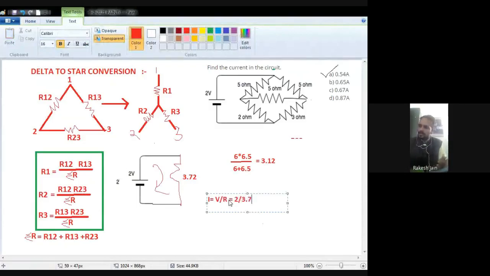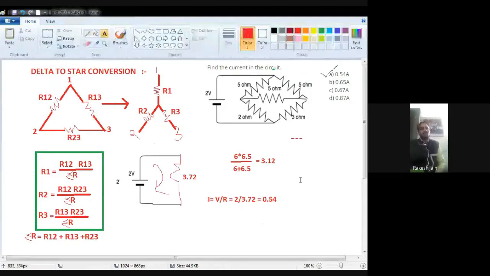Now see the question. Now these two resistances, 6 and 6.5 ohm, both are in parallel, because one point is connected here and the second point is also connected with each other. So 6 and 6.5 ohm resistances both are in parallel. So we will solve this parallel value. So 6 multiplied by 6.5 divided by 6 plus 6.5. So what will be your answer? Now see very carefully, fast. 6 multiplied by 6.5, that will be your 39, divided by